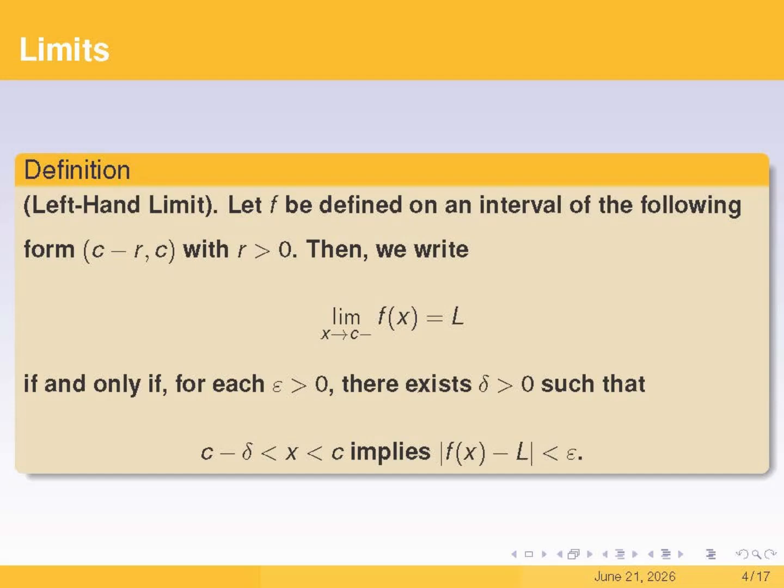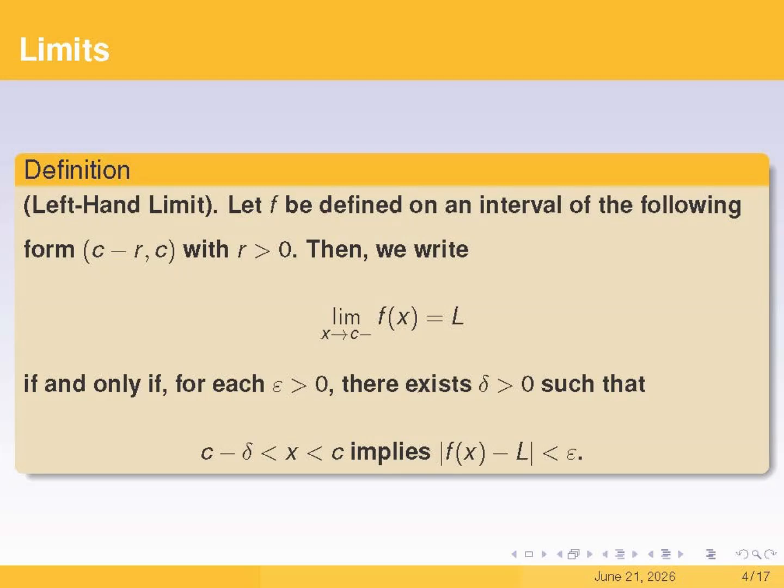That is to say, the variable x stays on the left side of the real number c. Simply put, x is always less than c and gradually approaches c. Therefore, when the positive number delta is extremely small, say, if we choose delta to be 10 to the power of negative 15, considering the variable x between c minus delta and c implies that x is approaching c from